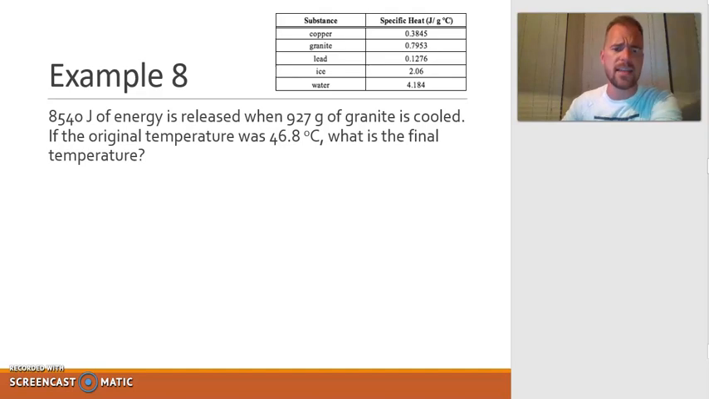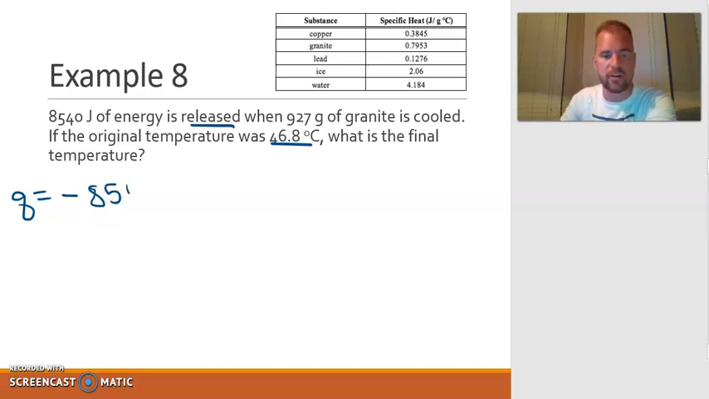All right, if 8,540 joules of energy is released when 927 grams of granite is cooled, and the original temperature is 46.8, what is the final temperature? Okay, let's analyze my problem here. This time I actually do know what Q is. It's 8,540 joules. Notice it's being released, so I have to write it as negative 8,540 joules. That's important. Okay, I know the mass,